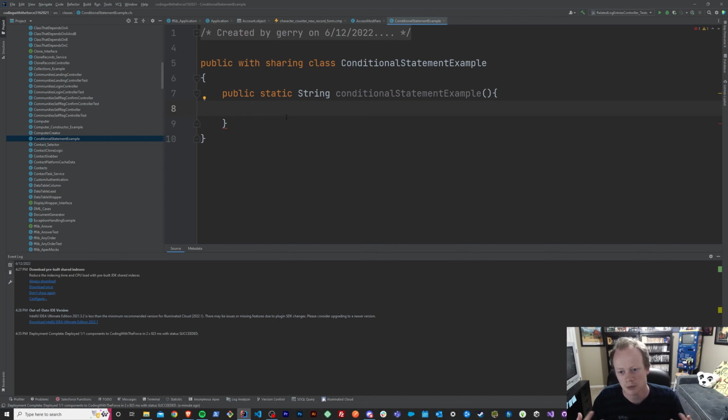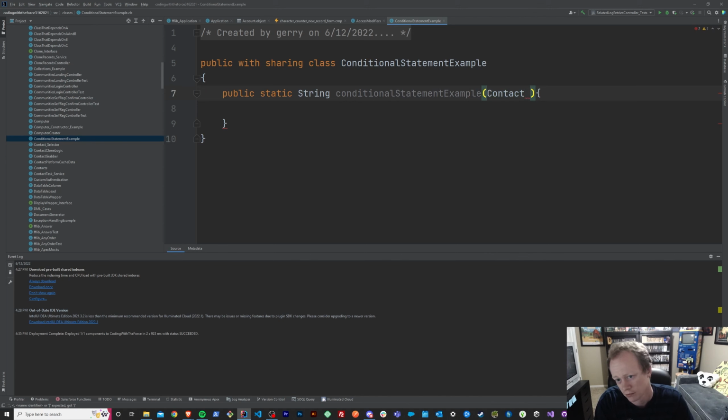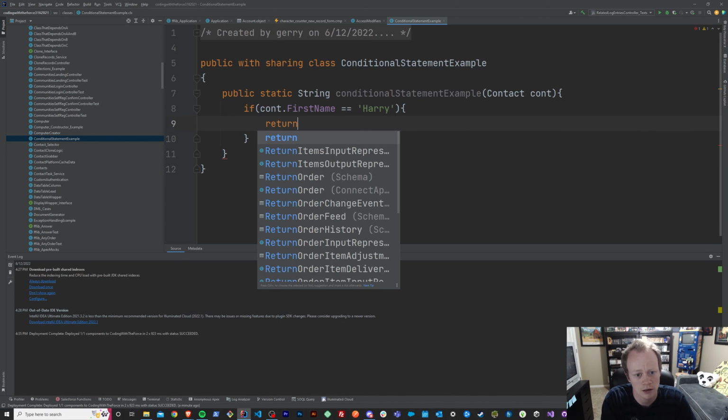First we need some kind of variable to work with. Okay, so I am going to pass into this method a contact, and we'll call it just cont to make it nice and simple and short. And we're going to write our first conditional statement by saying if cont.firstName equals Harry, then return